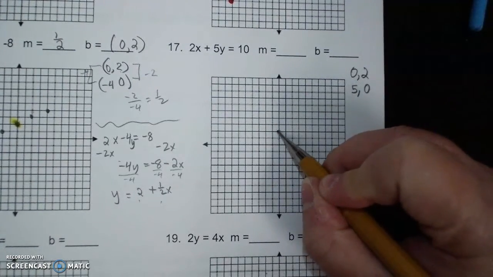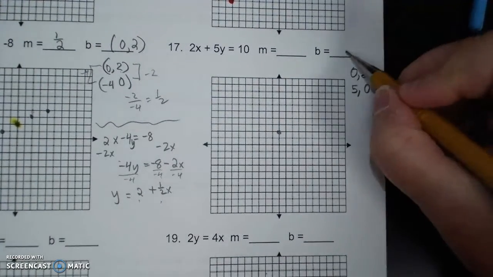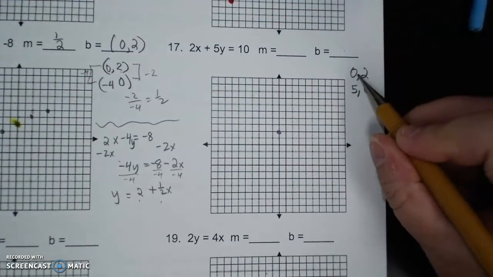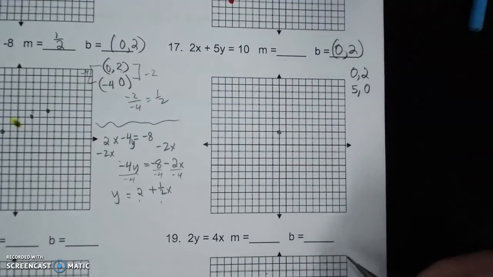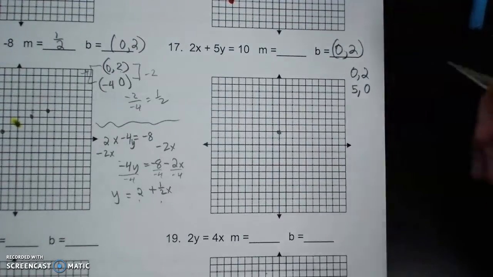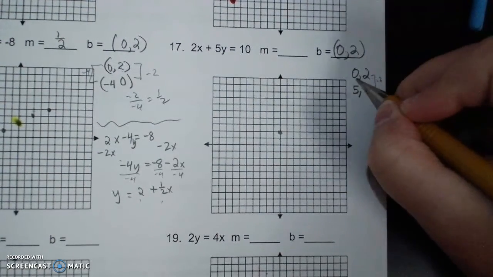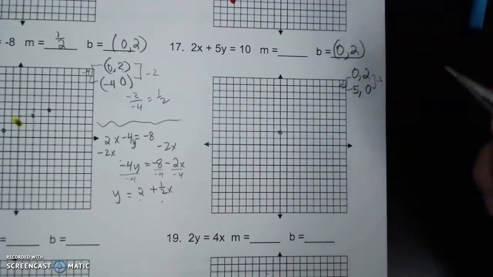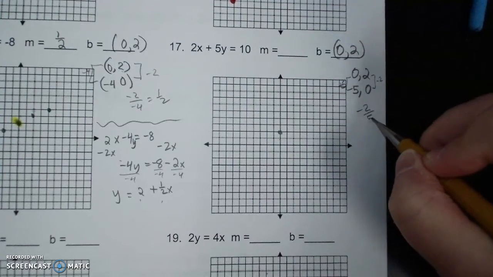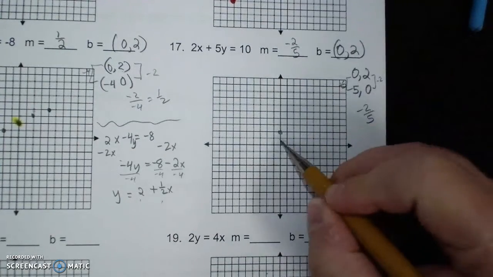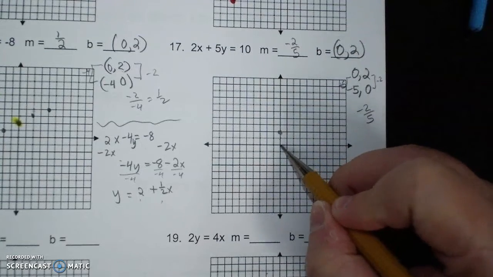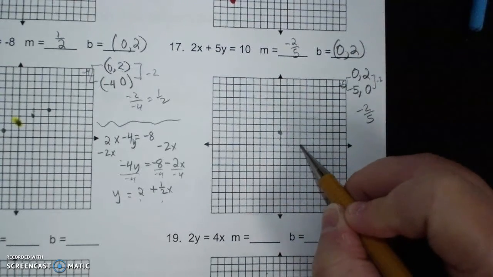My y-intercept, and my b is always a 0 and a number, so that is 0, 2. From my slope, I can say that's minus 2, and that's plus 5, which is negative 2 over 5, which is 2 down, and 5 right,